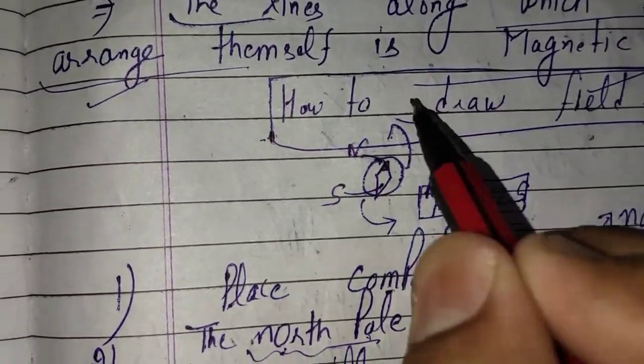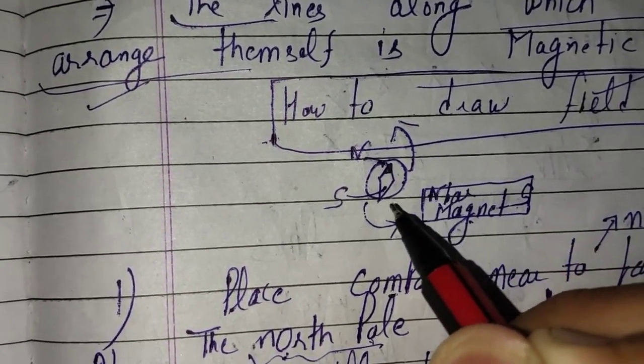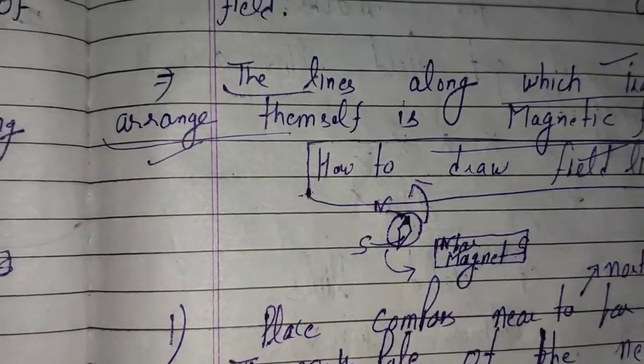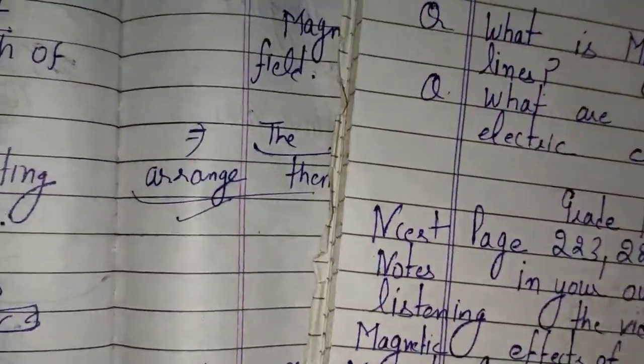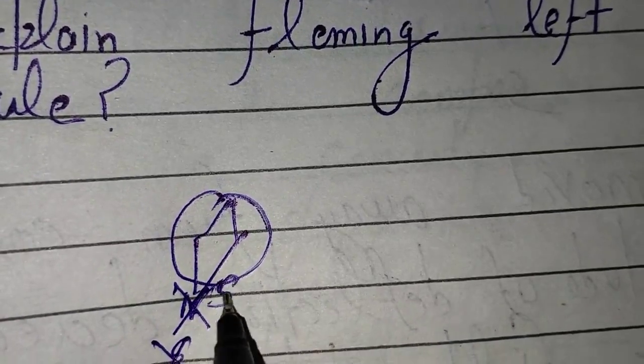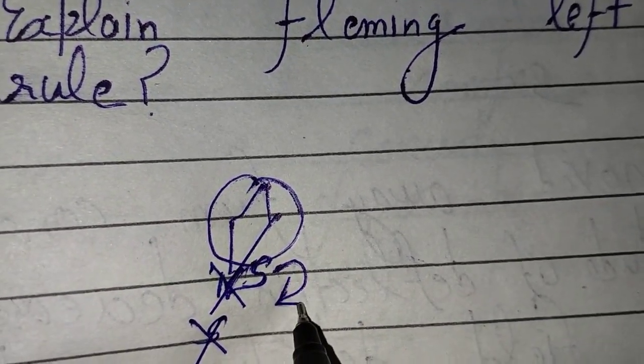Case number 2. Now place the compass at a new location such that the south pole of the compass will match the north pole of the earlier location. Suppose you have marked this north and this south. Now you are placing the compass in such a way that the south pole of the compass will be exactly at the location where the earlier north pole was present.